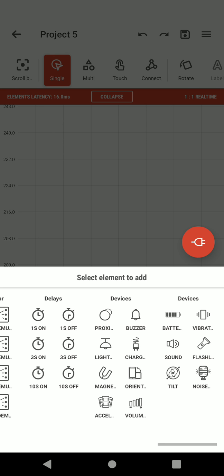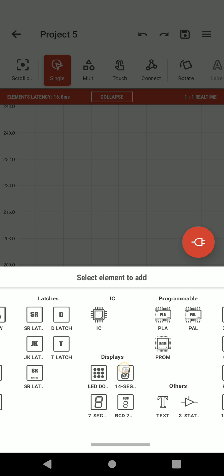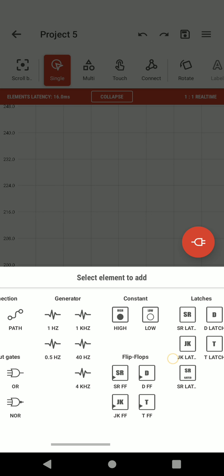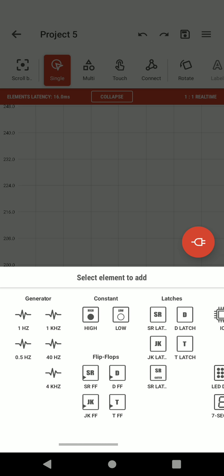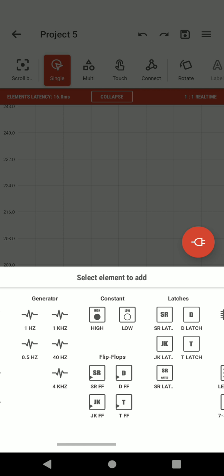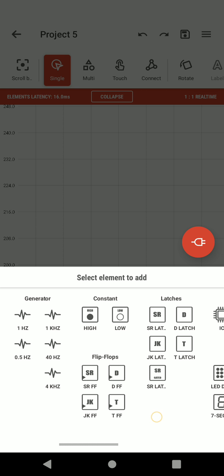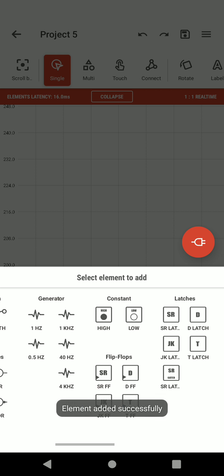So buzzer, light, charging, so many things are there. Latches are also there. But for our circuit we need 4 JK flip-flops. So let's select those flip-flops. I'm clicking on the JK flip-flop, you can see here. So this is the JK flip-flop.